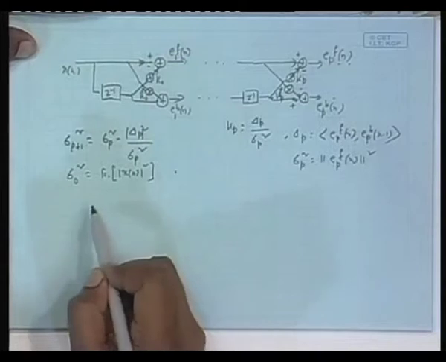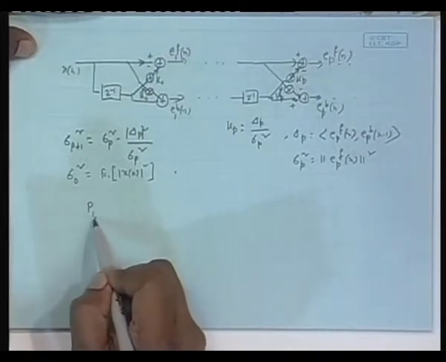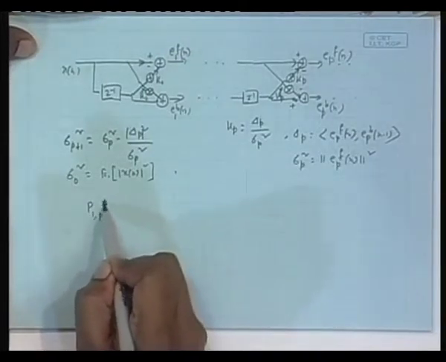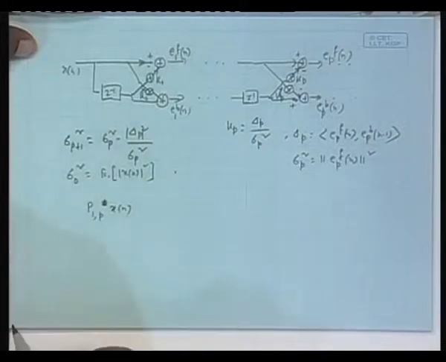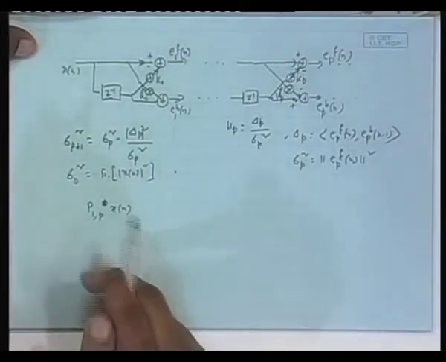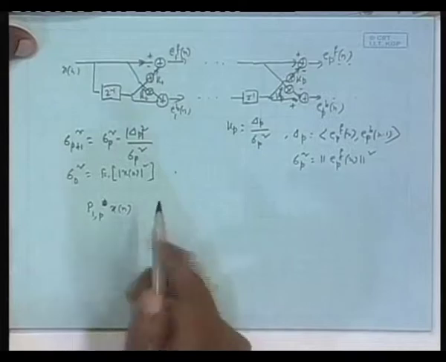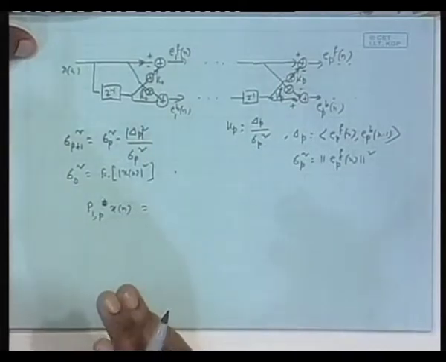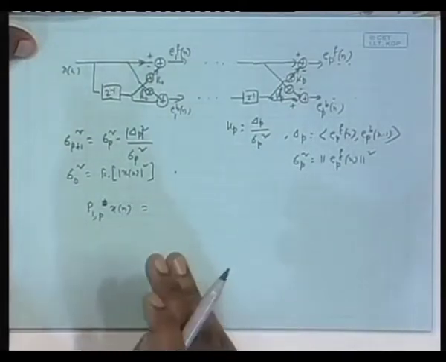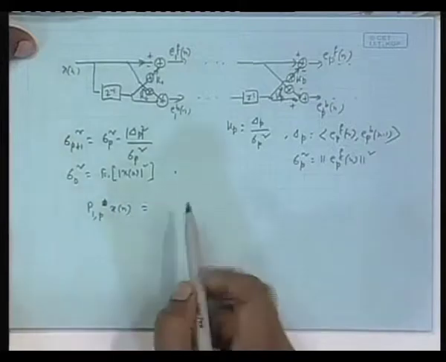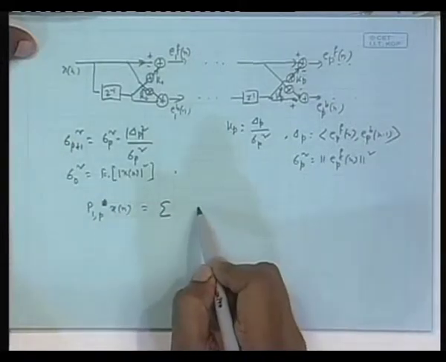Earlier I projected x n on the space spanned by x n minus 1 to x n minus p to get the error. Now, I will not take the error for a while, I will just take the projection. That means I will be considering things like P1p x n. Getting the error is very simple, just subtract it from x n, isn't it? This will be nothing but a linear combination of those elements x n minus 1 to x n minus p. So the linear combination will be like this,